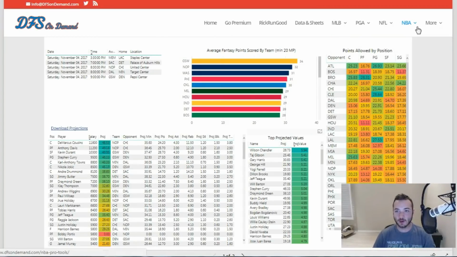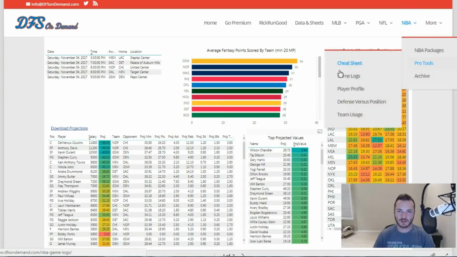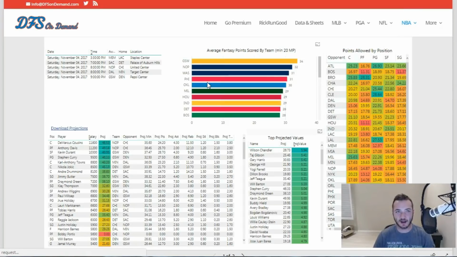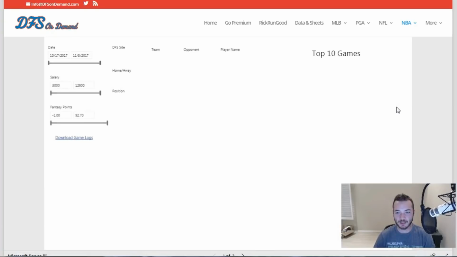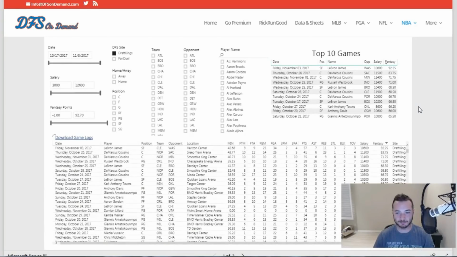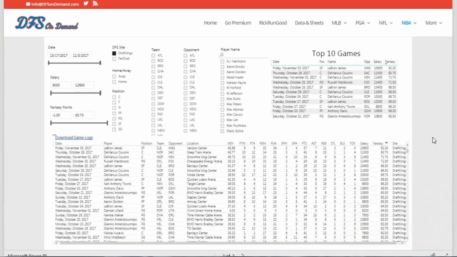All right, let's flip over to the game logs. This is very much raw data, but I do like to look at this every day. I think it's worth a peek. So let's talk through this sheet as well. All right, so here you go. Game logs, literally every game played by every player in the league. Very cool little chart that I just like to see update daily in the top right-hand corner, the top 10 fantasy games for players each season, but there's a lot more to this. So fairly data heavy, but